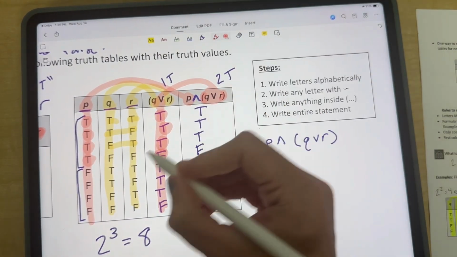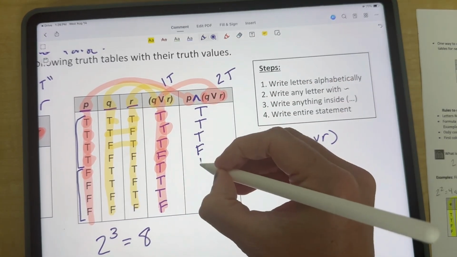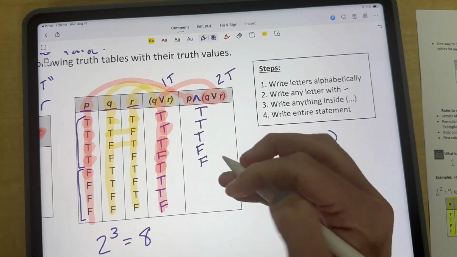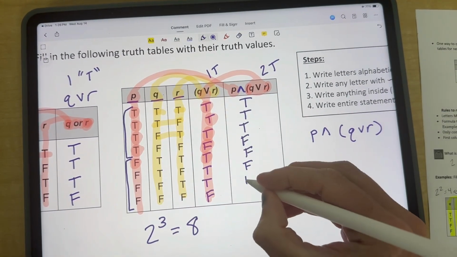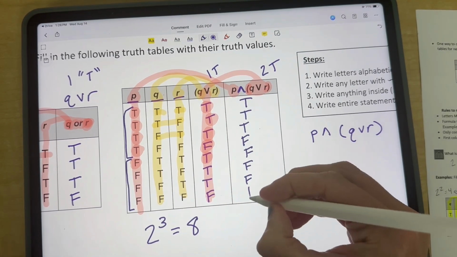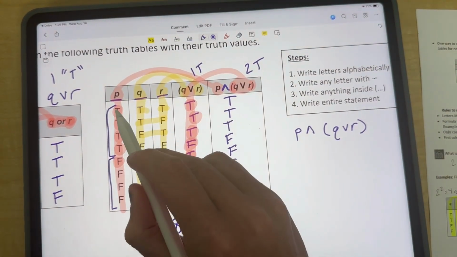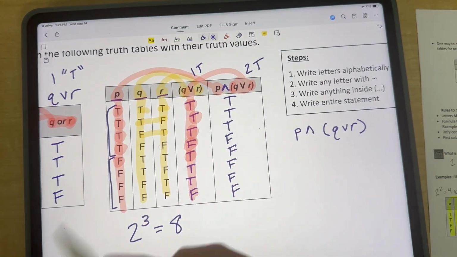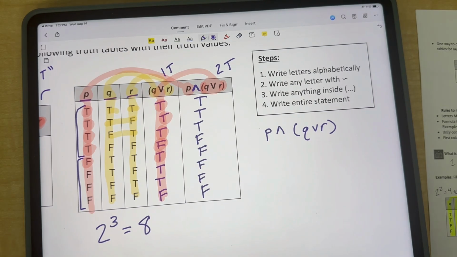Okay. The next one, do we have 2 T's? Nope. We have TF. So that's going to be false. Notice the rest of these have false, true. So that's false. False, false, true. So that one's false. False, false. That one's obviously false. So in the end, the only times we have 2 T's are the first, the second, and the third row when we're comparing the 2 red columns. So that's what we're doing today. That's like the final idea.